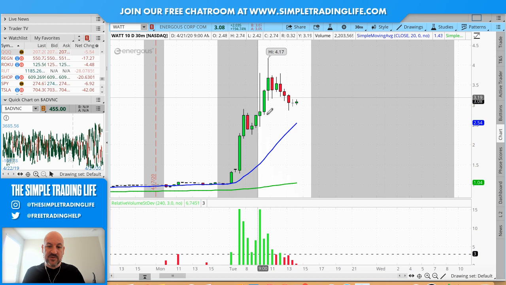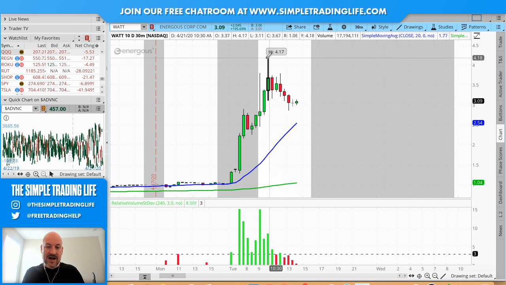But there are people that play these smaller names and they look for possible continuation. This one got it, right? Now, we didn't play it. Okay, I would tell you if we did. All we were looking for was this initial pop, which was 85 cents. It faded back down to here, and then it got another pop all the way up to 417. So if somebody would have played this second pop and maybe even sold here, they could have done that same thing again, right? They actually would have made a little bit more money on the same size play.